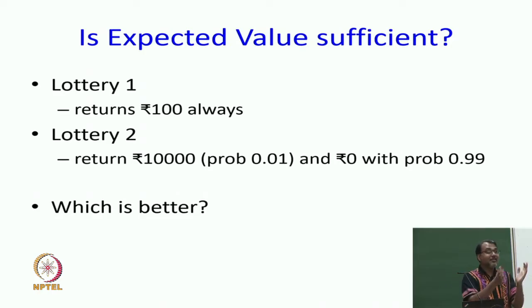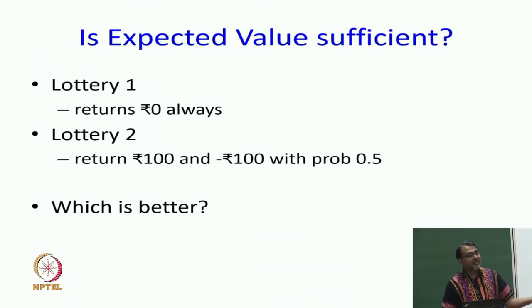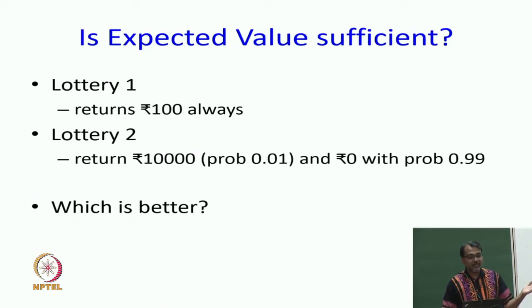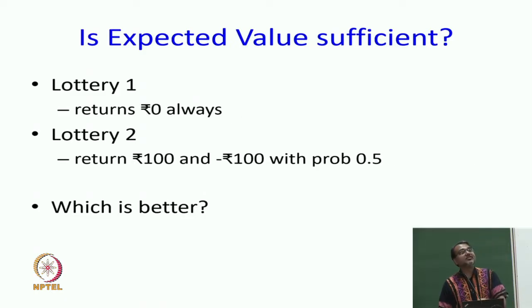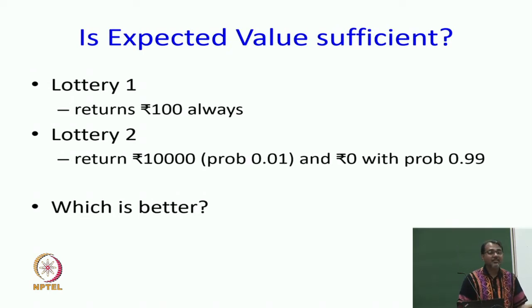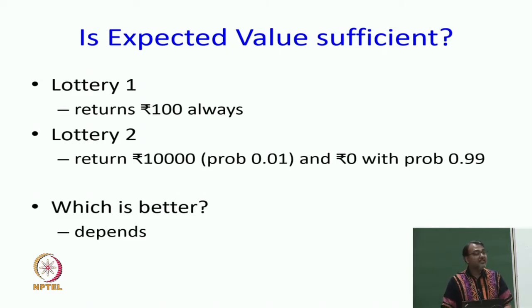Okay. Now, roles have shifted. It is not like more determinism is better. See what is going on. In the first case, lottery 1 was deterministic, and also in the second case lottery 1 was deterministic. In the first case you chose the random one, in the second case you chose the deterministic one. Okay. Now, as you can see, which is better depends, the flip has been shifting.